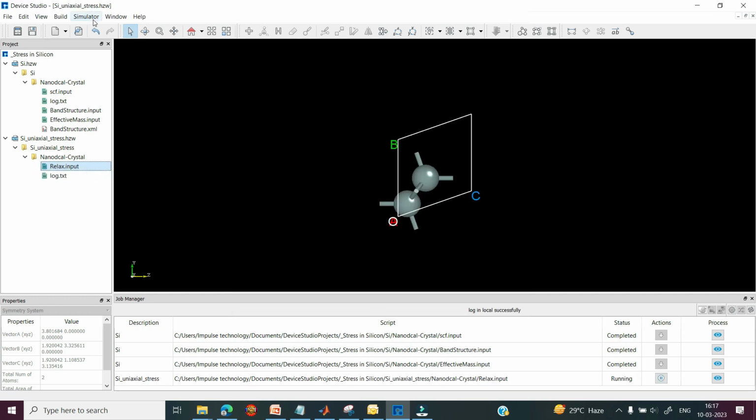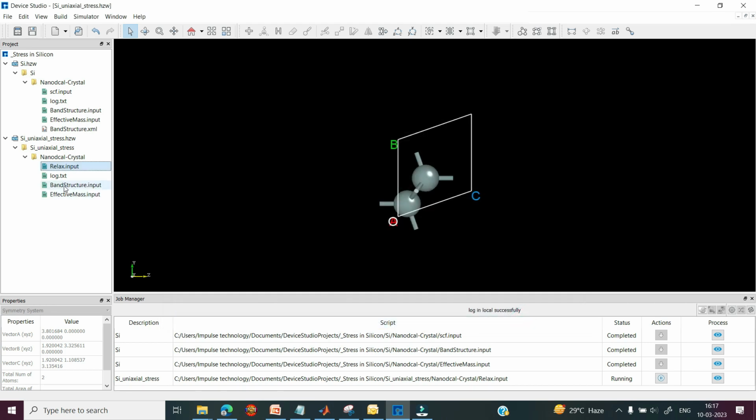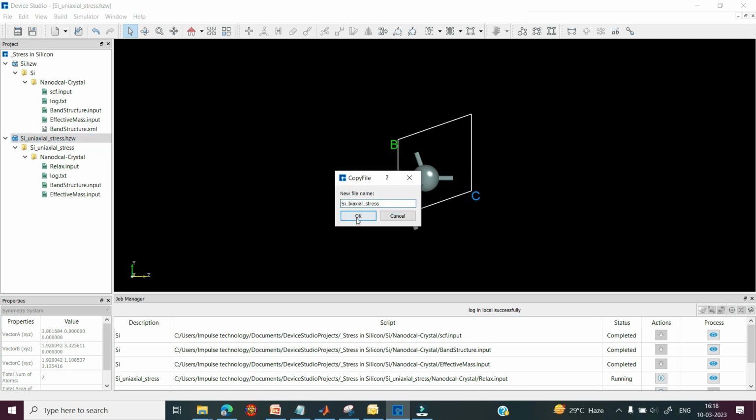In the meantime you can select the Simulator, go to Nanodcal, select Analysis, select the band structure and then the effective mass, and then click on Generate File. Similarly you can run this bandstructure.input file, and again run this effectivemass.input file. For the biaxial stress you can copy this project, rename it, and then click OK.